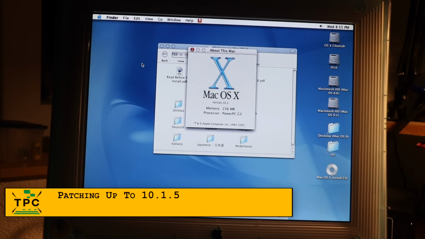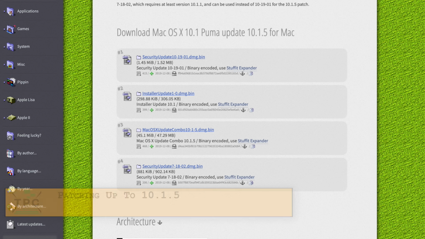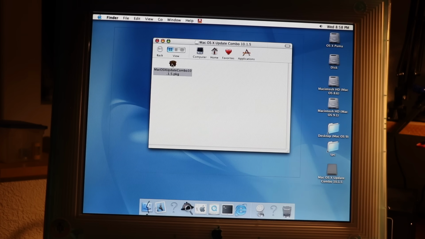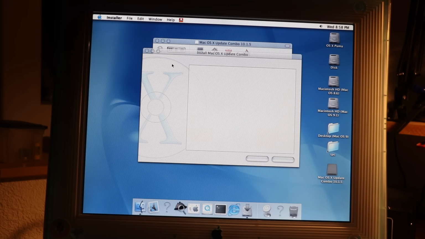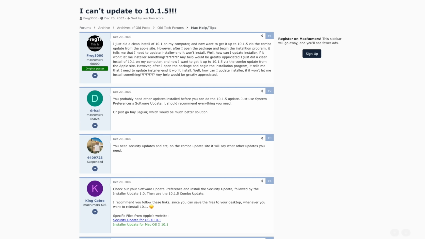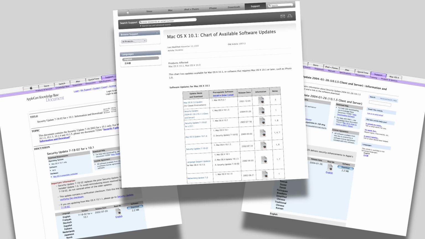So I now have OS 10 10.1, but I'll need to bring it further. On the Macintosh repository some updates can be sourced, though I had the impression of them being somewhat incomplete. The 10.1.5 upgrade failed right away, and a bit of research turned up that you need to apply some other updates first. Digging through old archived websites, an old Apple help article mentioned some patches and seemed to indicate a